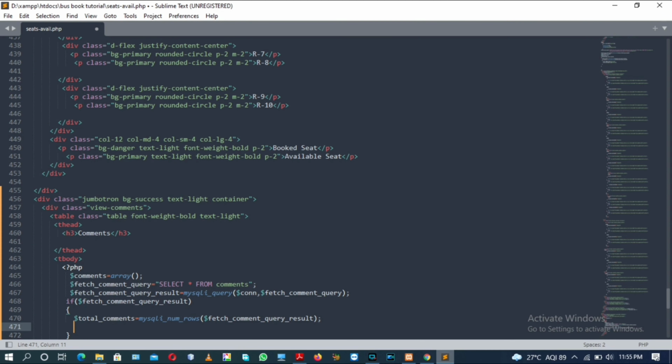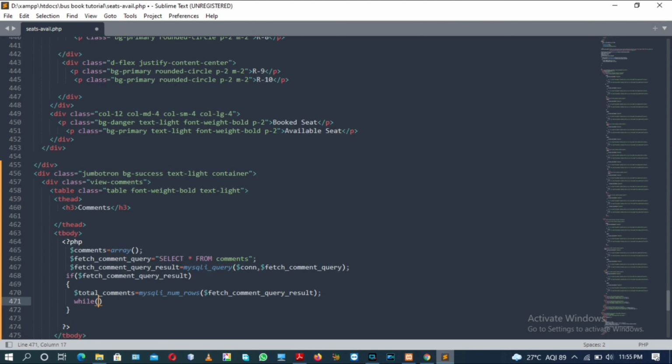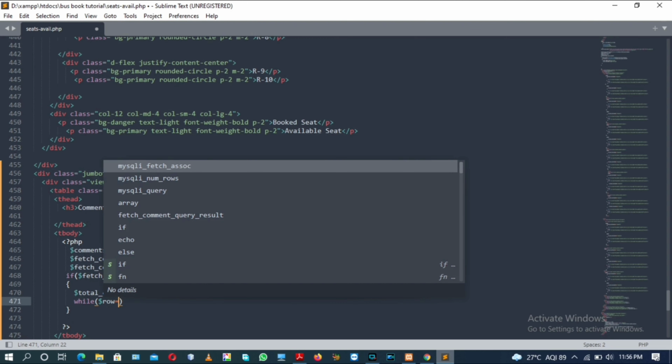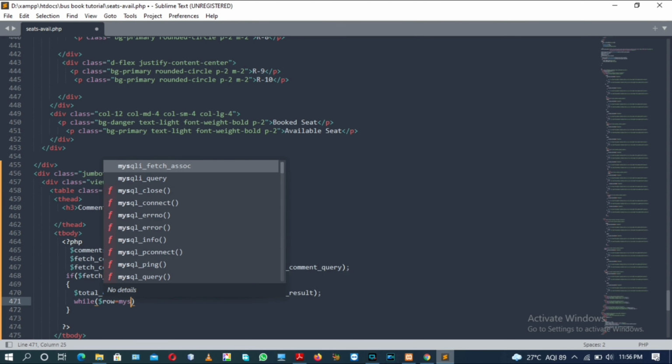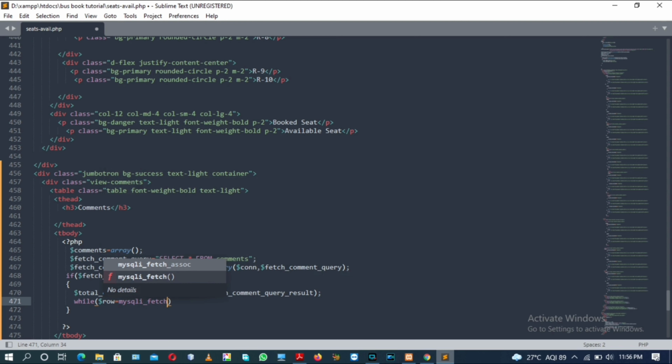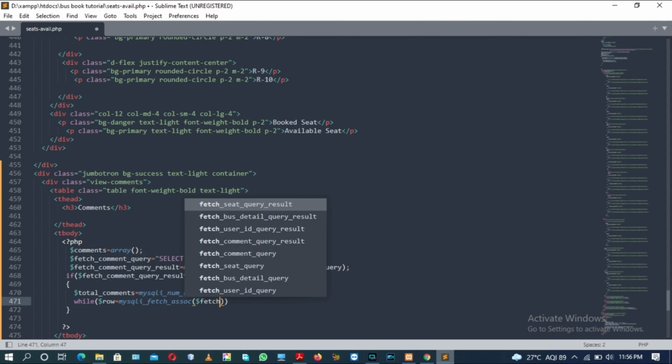After that we will have a while loop inside the if statement, and the while loop contains a condition with a PHP row variable assigned by the associative array mysqli_fetch_assoc, in which we will pass the boolean variable fetchCommentQueryResult.